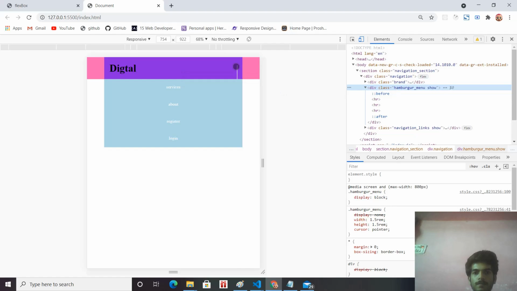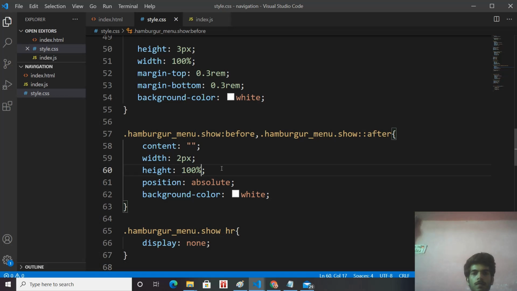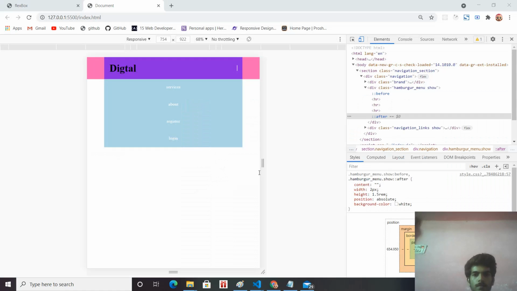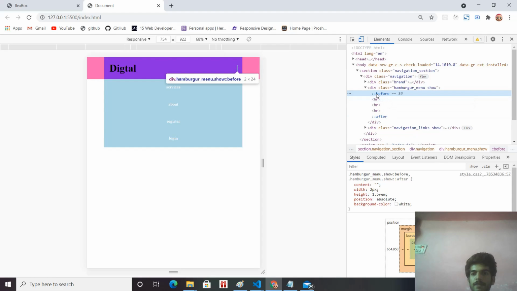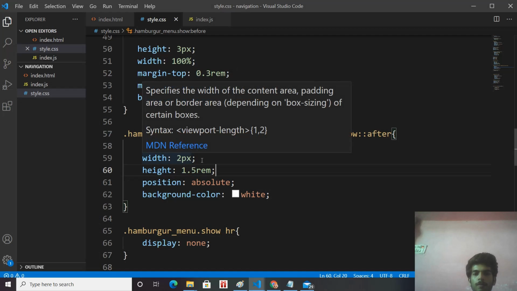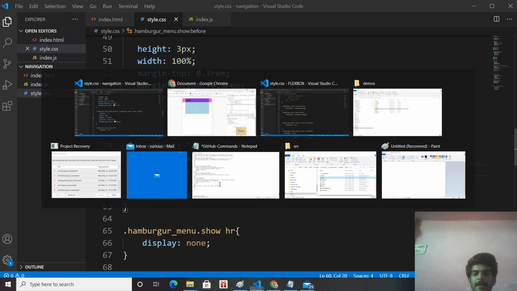See, instead of giving height 100%, give height 1.5 rem, and when you select the before element, see, it is a line of height 1.5 rem and width 2 pixels, and it has position absolute.